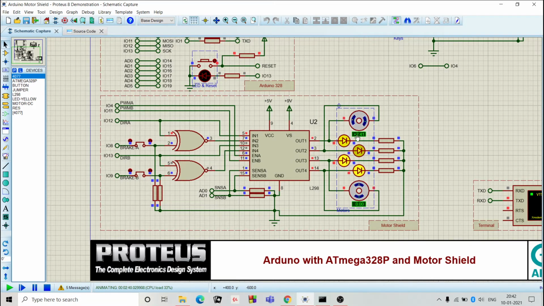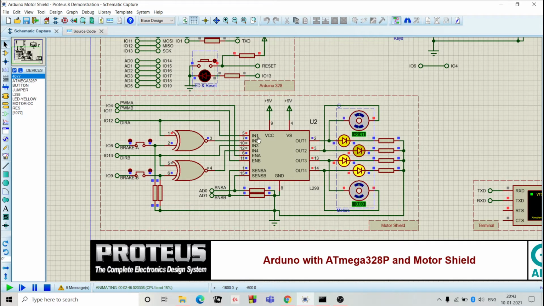It takes some time to reach this value. That's why I'm showing you the simulation first, then I will show you my source code due to time constraints. Now this 2.41 RPM value is given by the enable A pin, which is connected to pin number 4, which in turn is connected to pin number 6 of the Arduino. The value given to the IO6 pin is a PWM value, which is related to the RPM speed, which I'll show you in the source code.